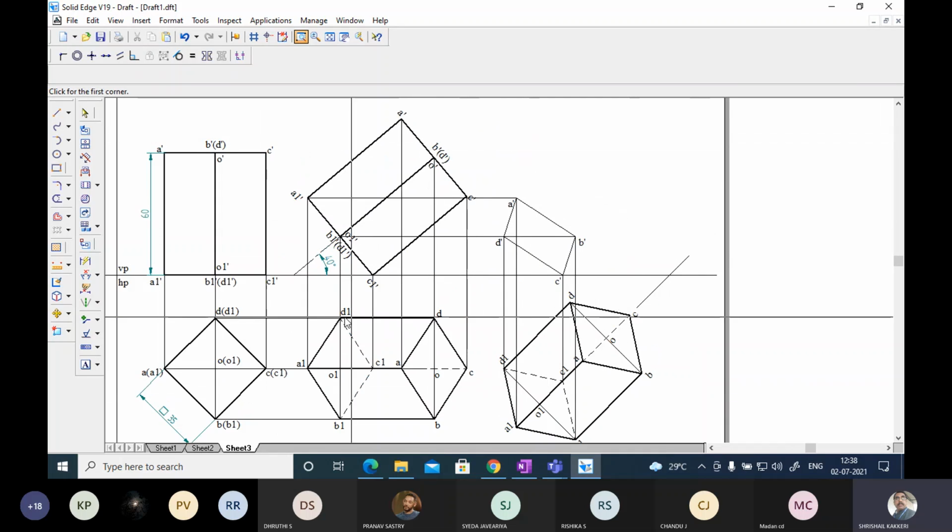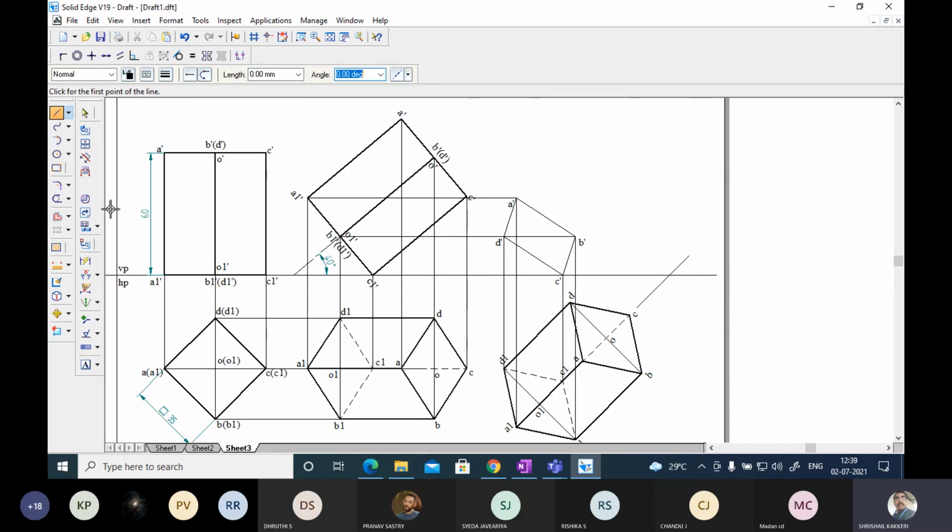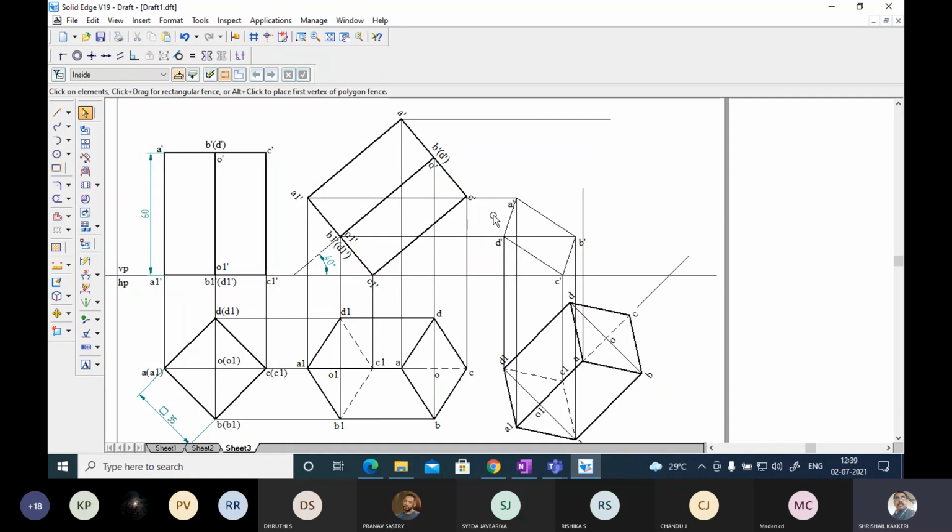Now let me concentrate on the top portion of it. So let me draw a vertical line. Let me take a line from A and draw the line from A. So we are meeting at the point of intersection here, and remove this. This will be point A.